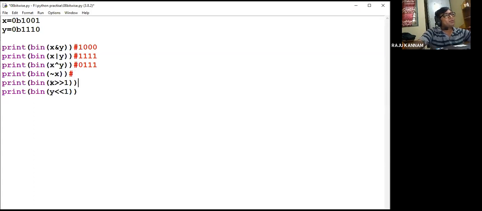Now, right shift x by 1. This is the x value. If you right shift, this last 1 will be dropped, and a 0 will come in at the first position. So this is the answer. Then see this one, left shift y. That means the leftmost bit gets dropped.